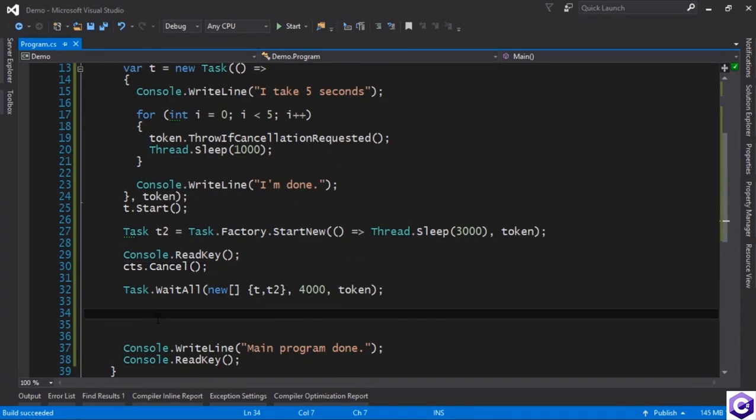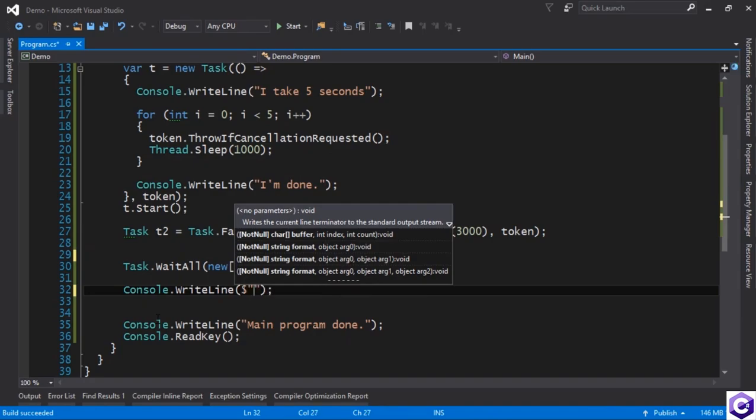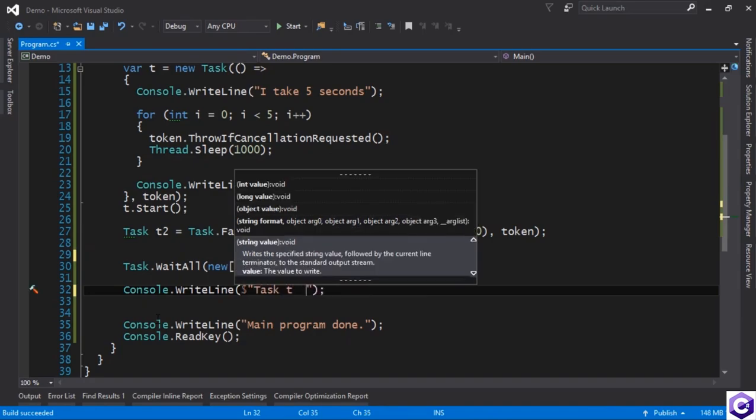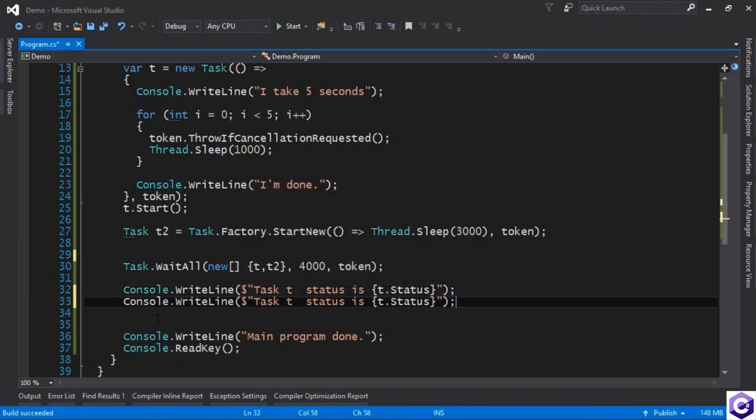However, one thing I want to show you is the status of both of these. So let me get rid of the canceling text, and I just want to show you what the status is when we look at the task. So let me write line. I'll write line task T status is, and then T.Status, and we'll do the same thing for T2. So let me just copy this. So T2 status is T2 status, and we'll actually take a look at what's happening here, because remember, if I